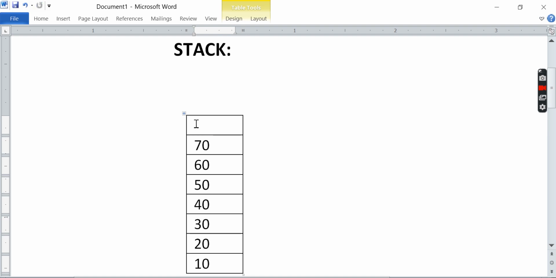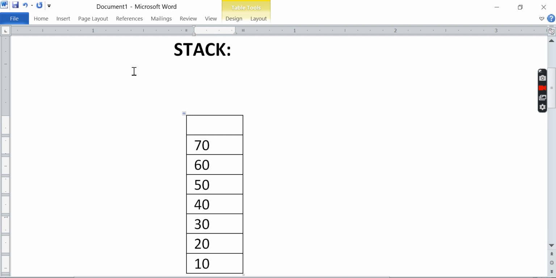So last in, first out, LIFO. The last element that entered will be deleted first. This is the concept of push and pop. Push means inserting a particular element. Pop means deleting a particular element. So these are the two major operations of the stack.